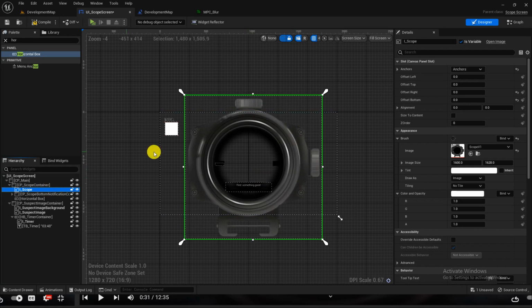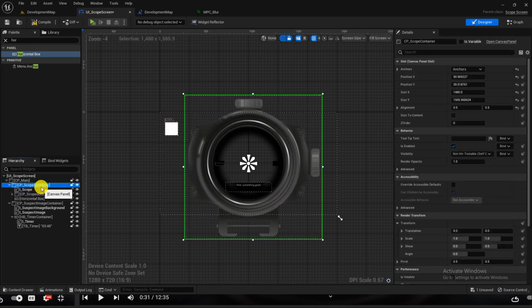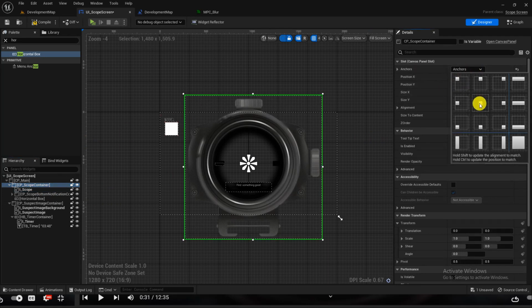Okay, so I have anchored it using this. It is covering it all. I don't think it will be good. What I will do, I will copy paste this like 1480, or I can directly anchor it to the mid,